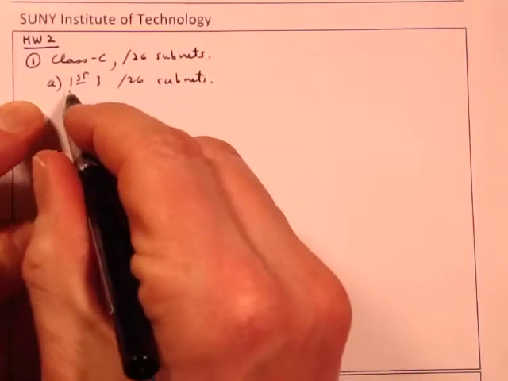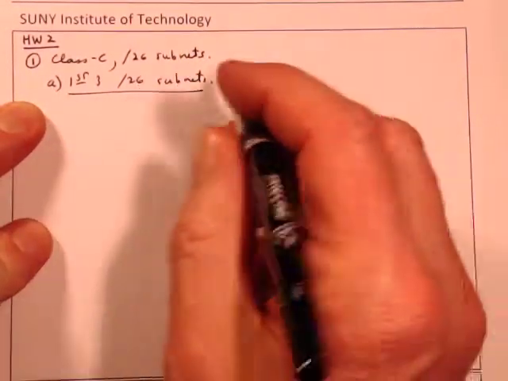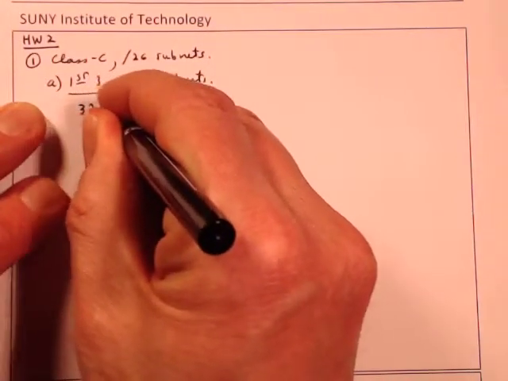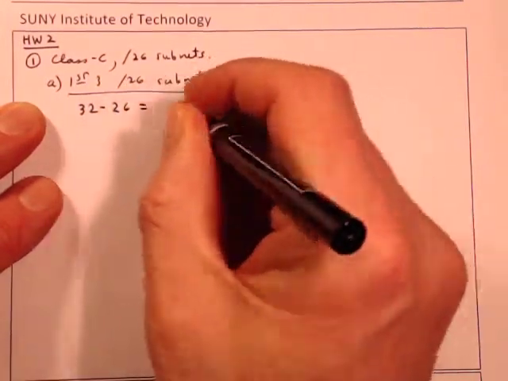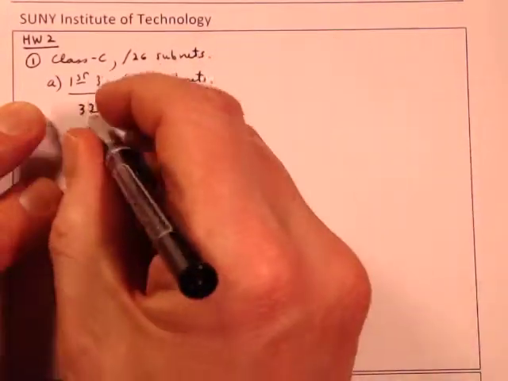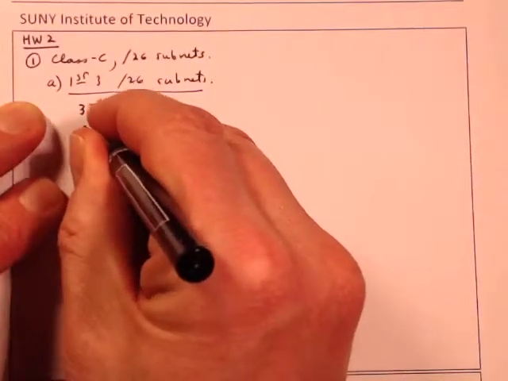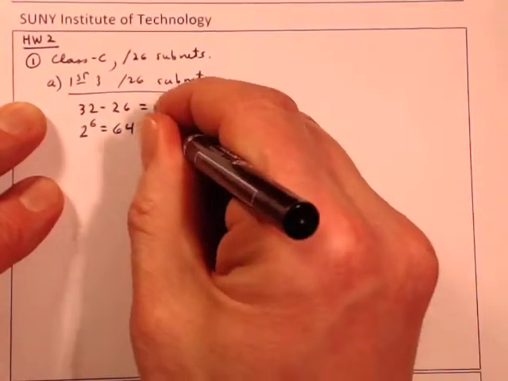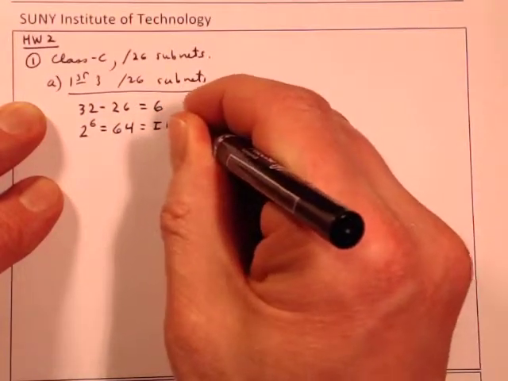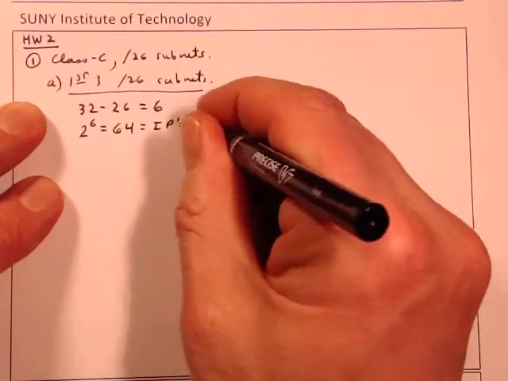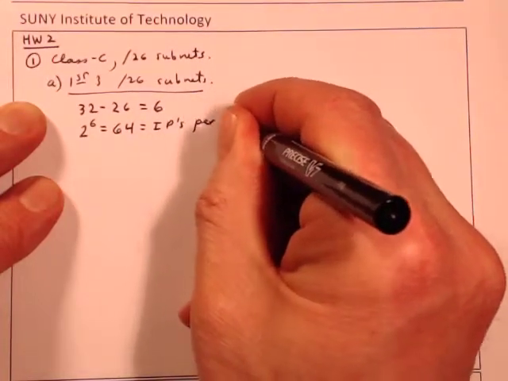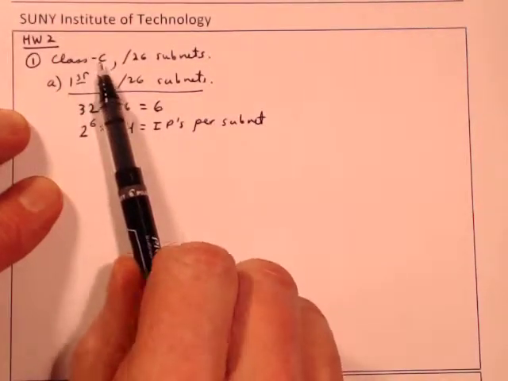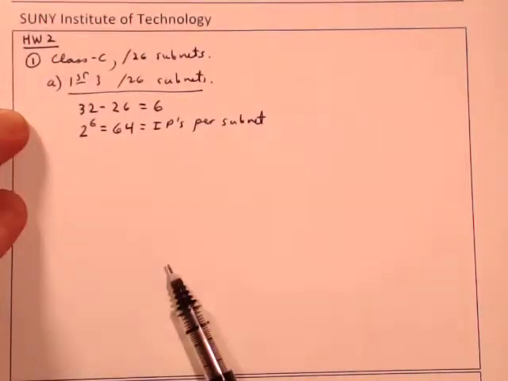Let's figure this out. Every time I see a slash, I know that I'm going to go 32 minus that slash number, and in this case I get 6, and I'm going to say 2 to the 6th then is 64, and this is the number of IPs per subnet. Okay, and because we started with a Class C leaves us 256